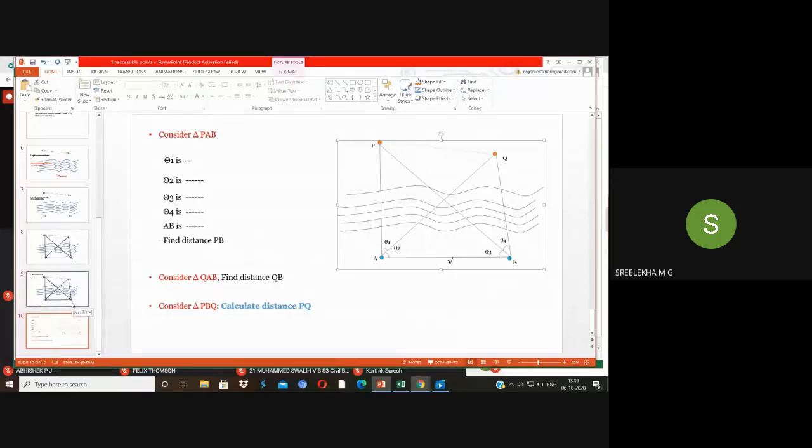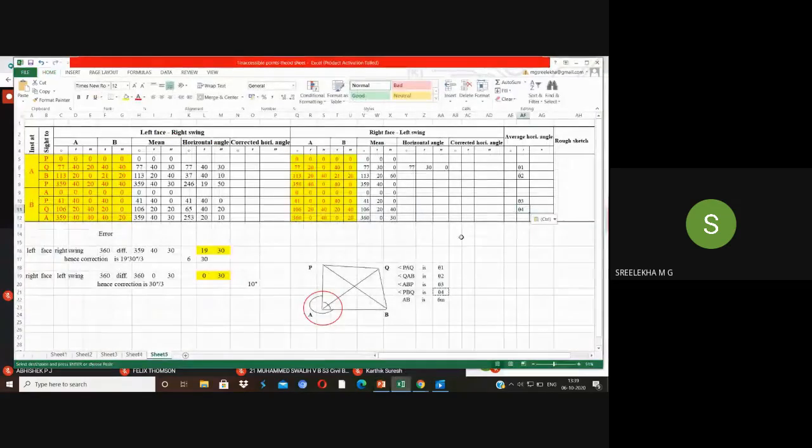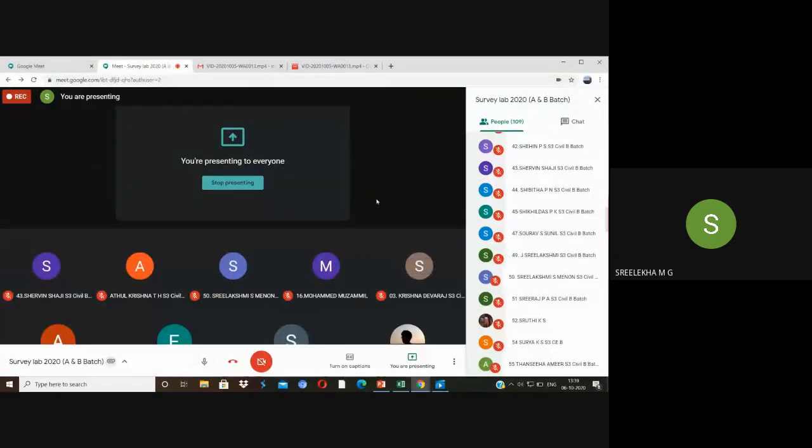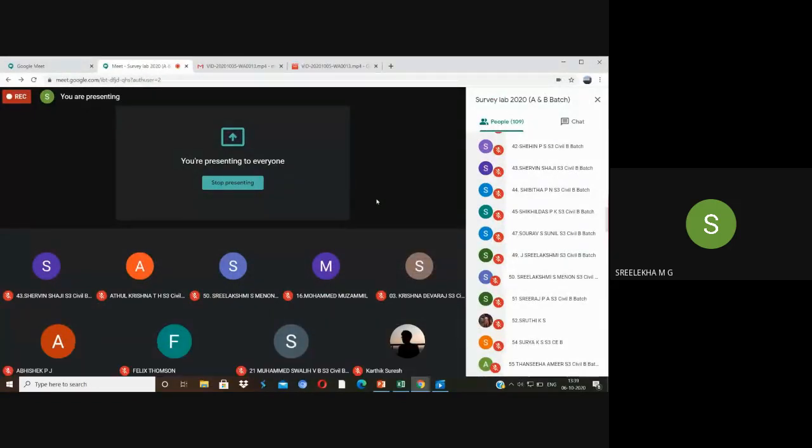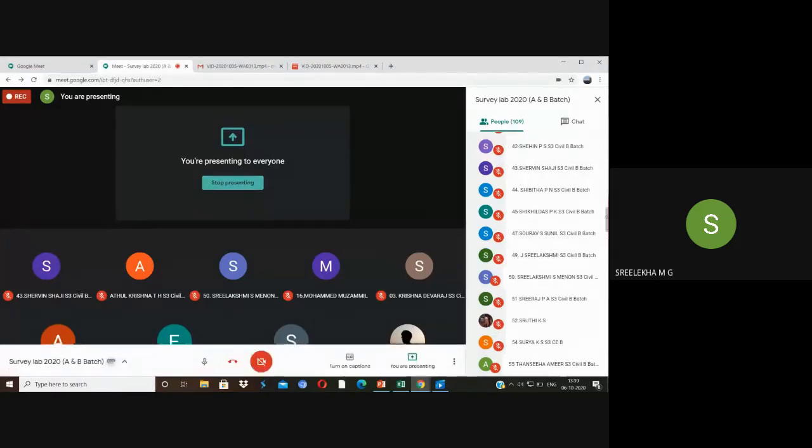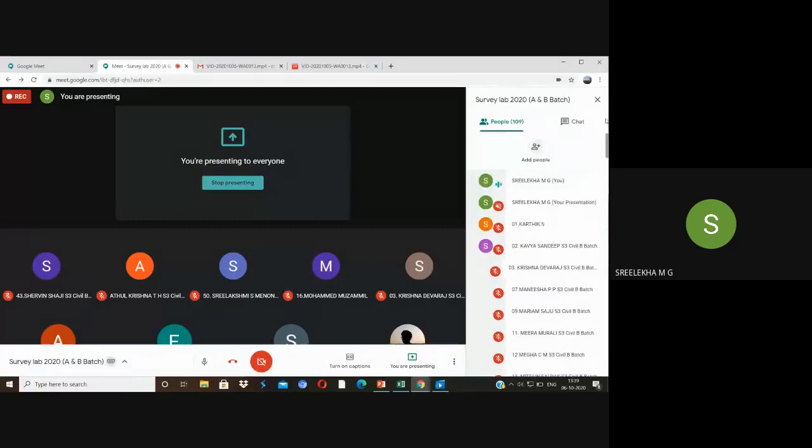For the next class, complete up to this table so that we can complete the full demonstration in the next class, and I can share the videos again. The full 1 hour is not required for completing this problem because only two stations are there. If anybody has any confusion in this problem, I can repeat it in the next class. Regarding attendance, 109 or 108, 2 or 3 are remaining. It's not ended here.